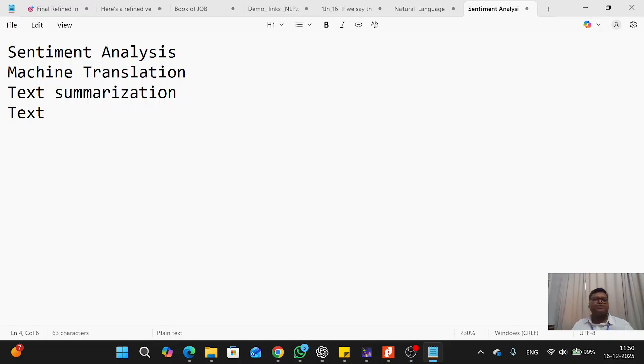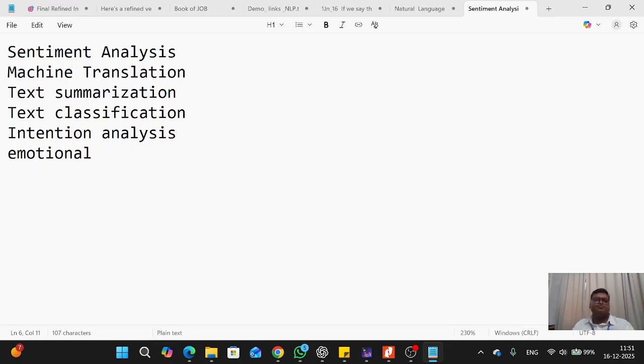Then we have seen what is text classification. This is not only about text, but it is also for audio, speech recognition. Then we have seen intention analysis. See, sometimes we may be saying the correct word, but there may be some sarcasm. Intention analysis. Then emotional analysis, whether a person is happy or sad by his social media posts. So these are all different aspects of